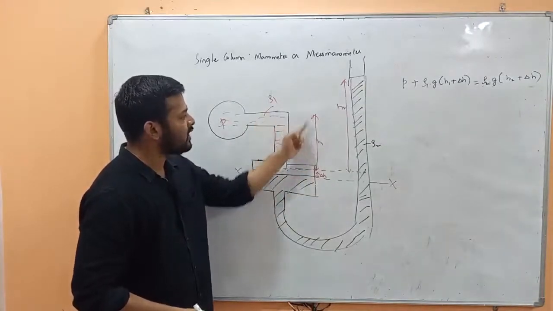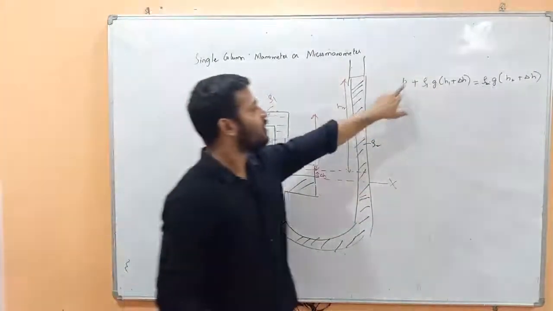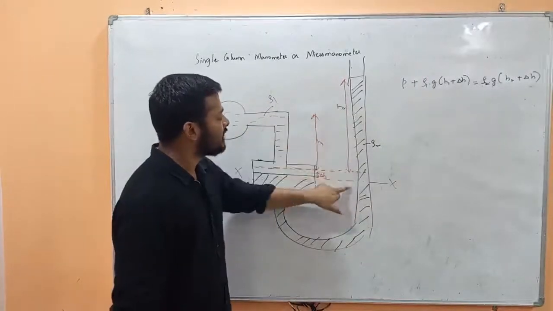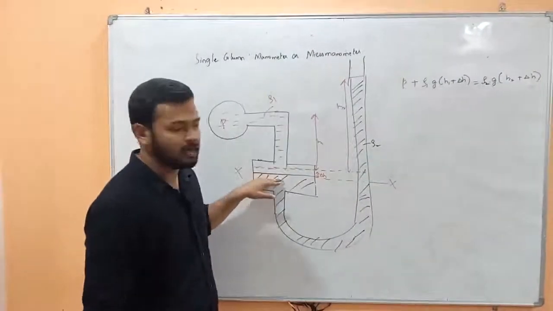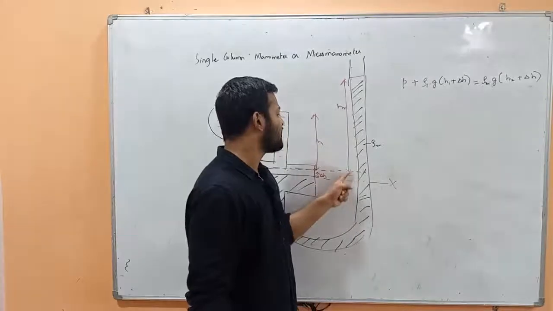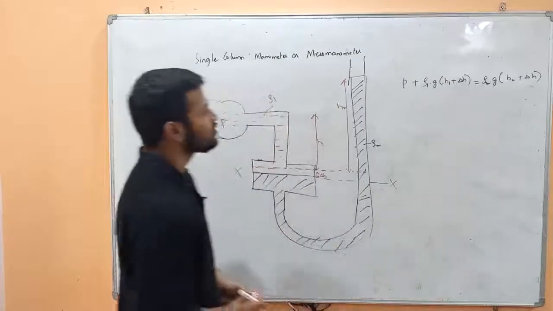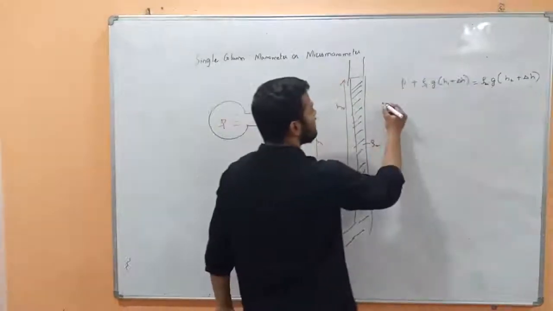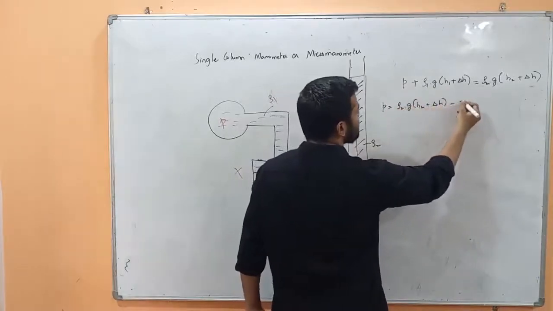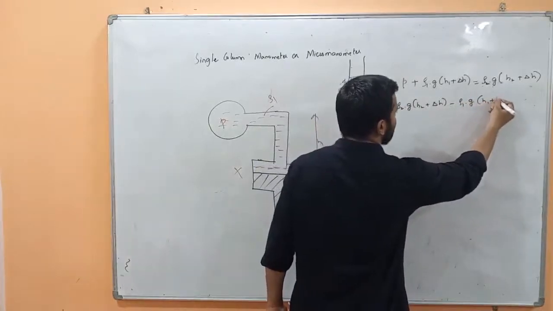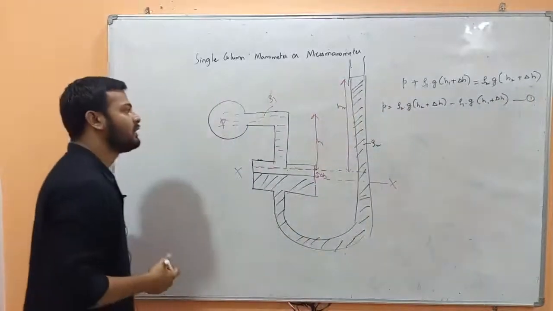So rho 1 g into H1 plus delta H, and the pressure inside the pipe, that is P. On the right side we have H2 plus delta H height, and we always draw this datum line at the lower level of mercury. Above this we will see the height. So this height is delta H plus H2, and the density of this liquid on the right side is rho 2. Now we can find the value of P. P is equal to rho 2 g into H2 plus delta H, minus rho 1 g into H1 plus delta H. We were ending our equation here for all the types of manometers.